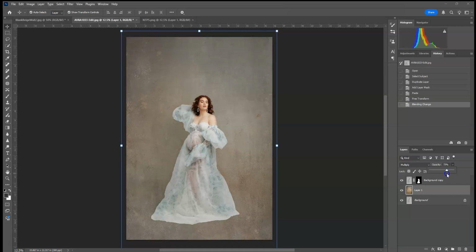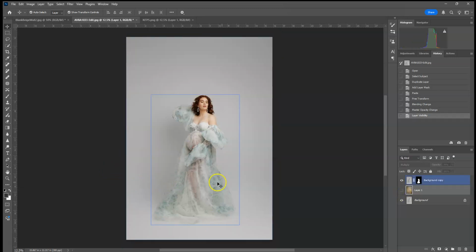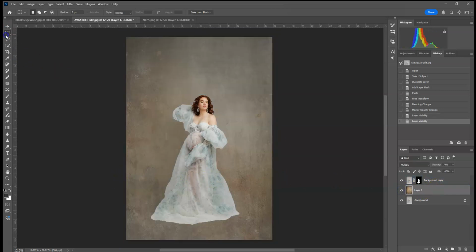And now I'm going to create the crease in the floor. If you hide this and you already have a crease, you're going to want to do it on the crease that already exists on your original backdrop. But I don't have a crease here, but I can still kind of see where it would be on the image. So I'm going to go ahead and go to my